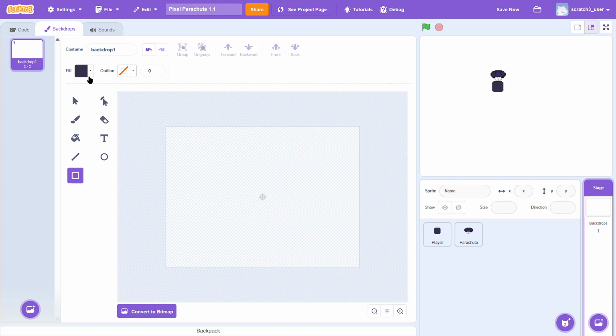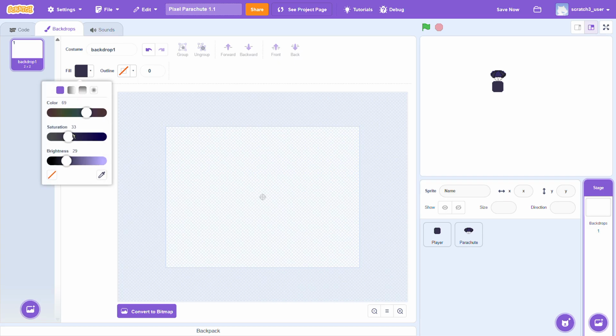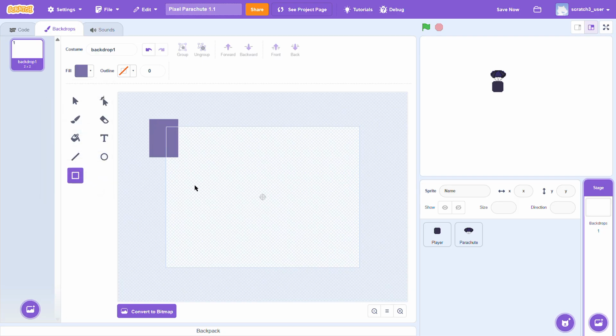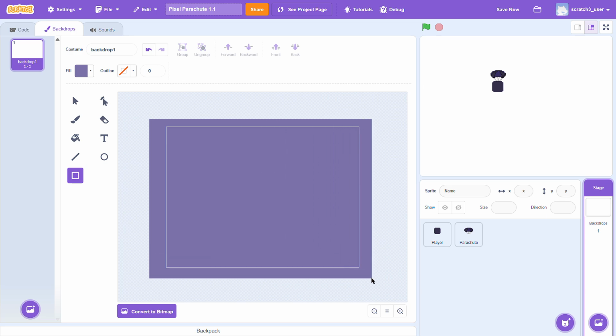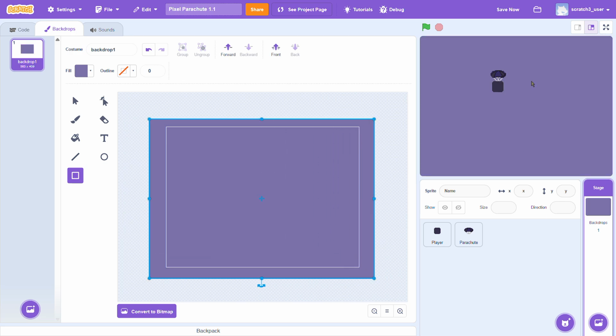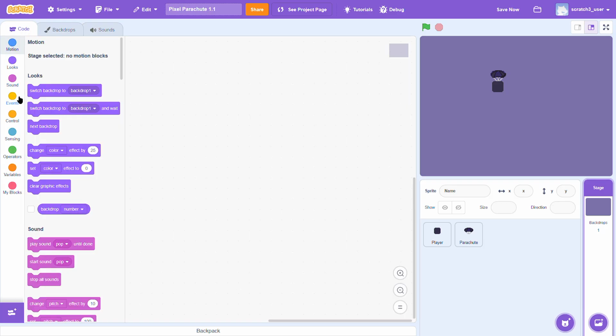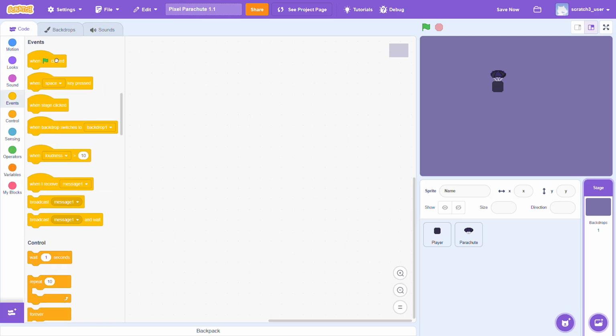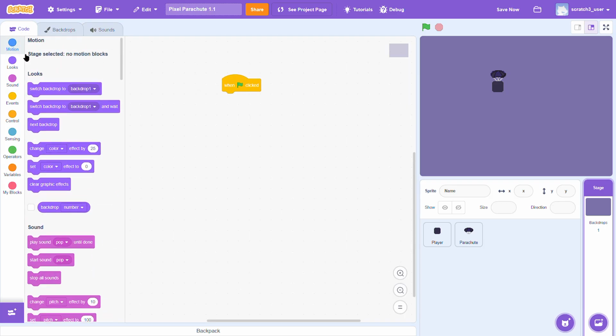Take the square tool and then over here increase the brightness a little bit. I think this is the best color. And then draw a rectangle all around to make a background. And then in the code area, when green flag clicked,